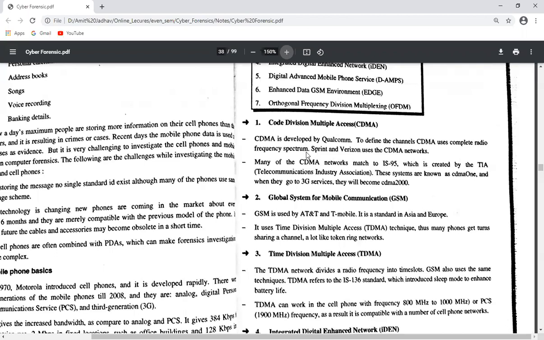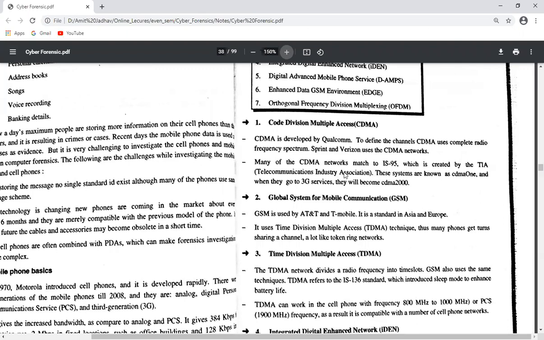Because it's a code division multiple access, that means it divides the code and uses the frequency as per the code. Many of the CDMA networks match IS-95, which was created by the Telecommunication Industry Association.